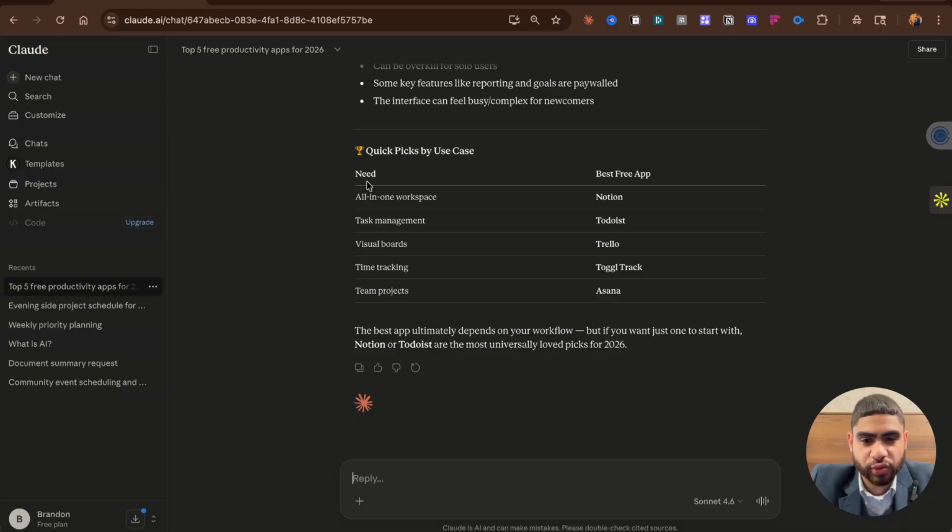It also gives you a quick table at the end. These are all free, and it ranks them in a specific order based on the need. Wow, this is great. This is awesome. So with that being said,